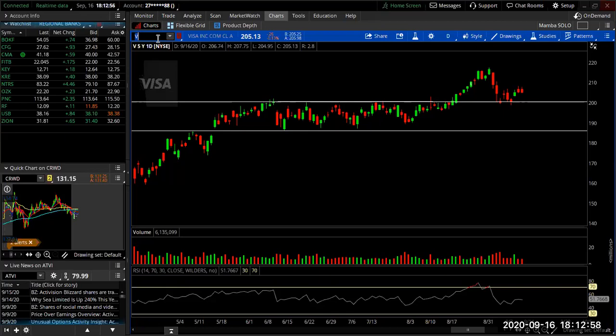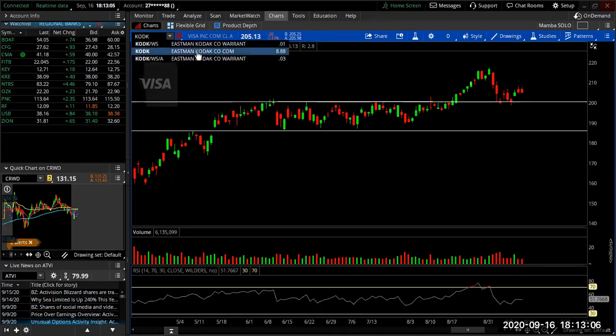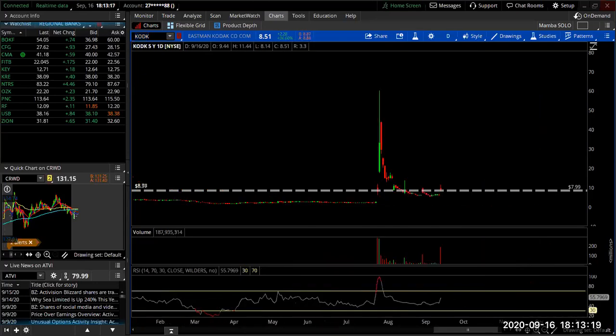Like I know everyone looked at Snow, people looked at Kodak. Got excited about Kodak when it popped, but I was very cautious of Kodak because I'll show you on the chart what we have to be cautious of. Okay, Tasha, I'll take a look at Apple. But if you see on the chart, guys,